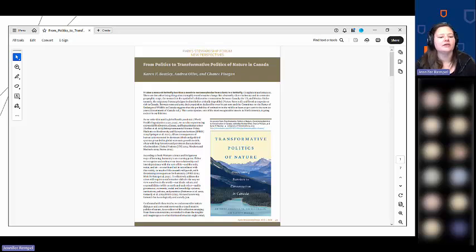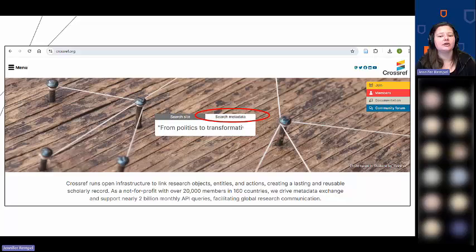So again, the definitive place for DOIs is a website called crossref.org. I included this link on your handout. I'm not sure if Crystal has sent you the handout yet or it'll come later, but yeah, okay, awesome. Thanks, Crystal. So there is a link to crossref.org. So this is just a